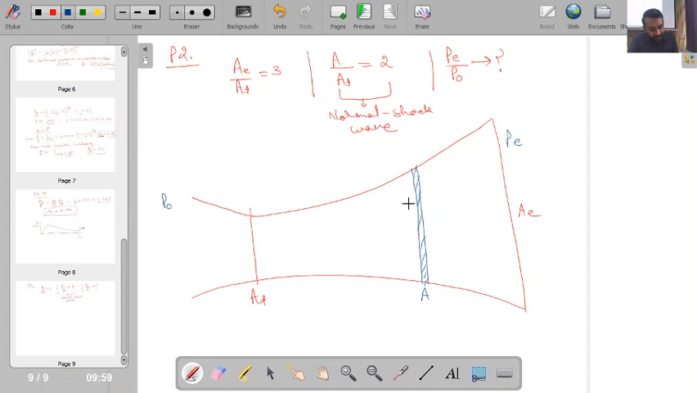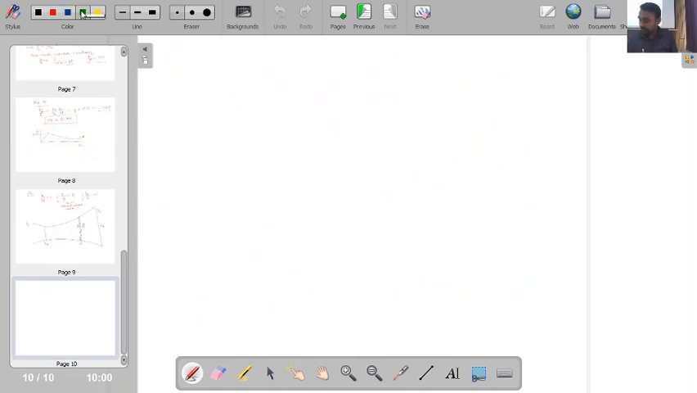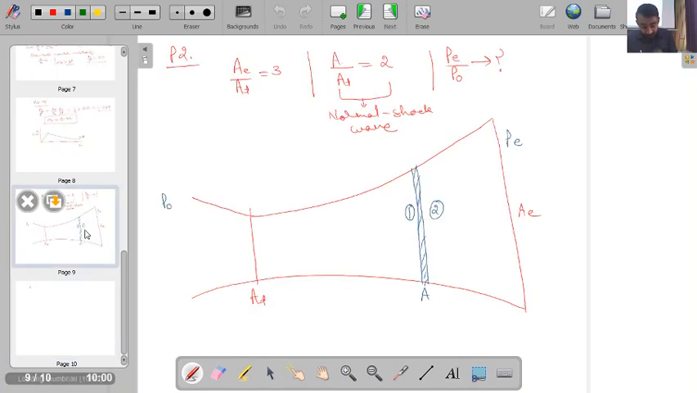Now let me give the condition on the upstream of the shock wave as 1 and on the downstream of the shock wave as 2. Shall we start for the solution? Okay. Okay, so first important point is,